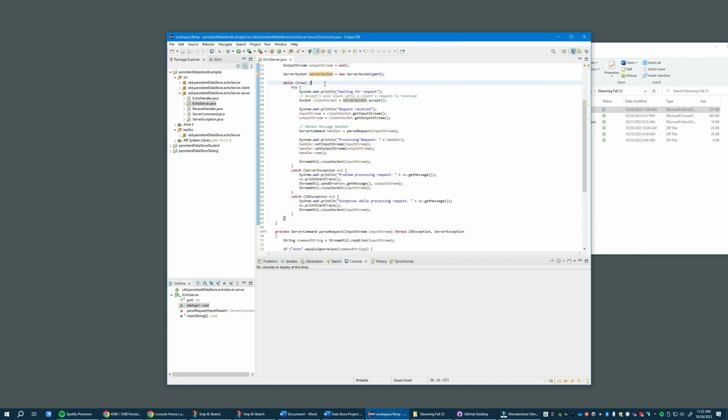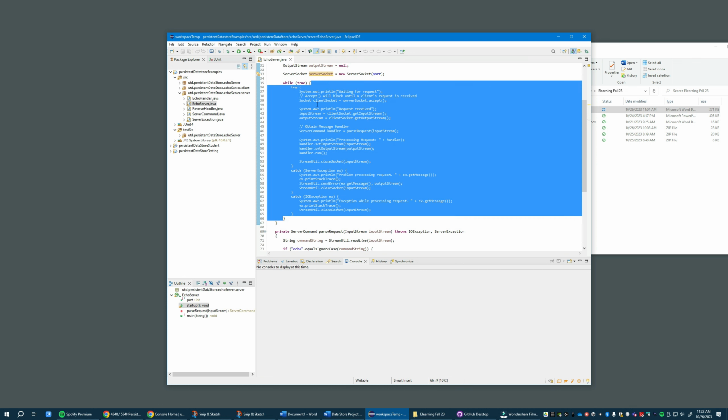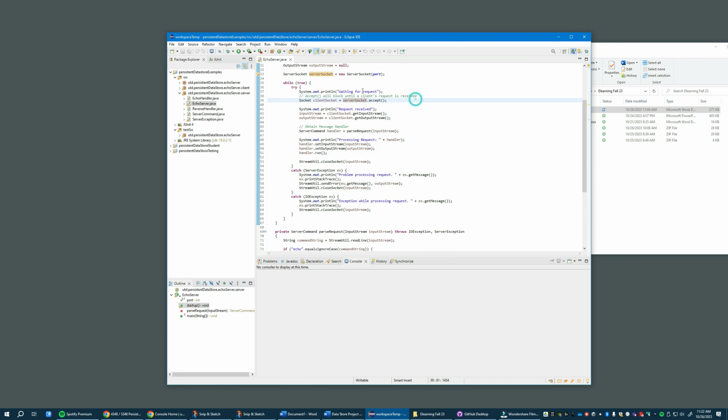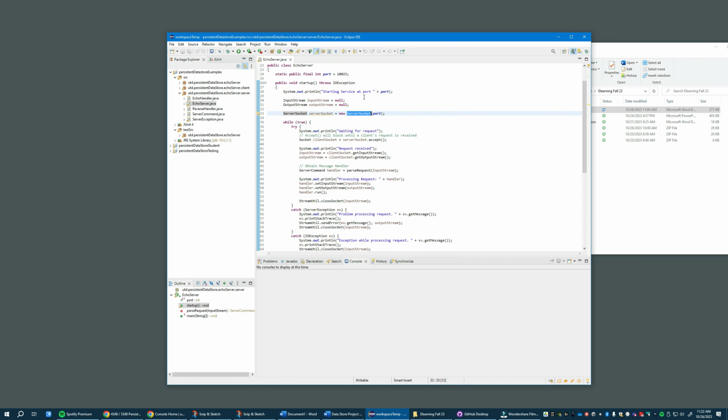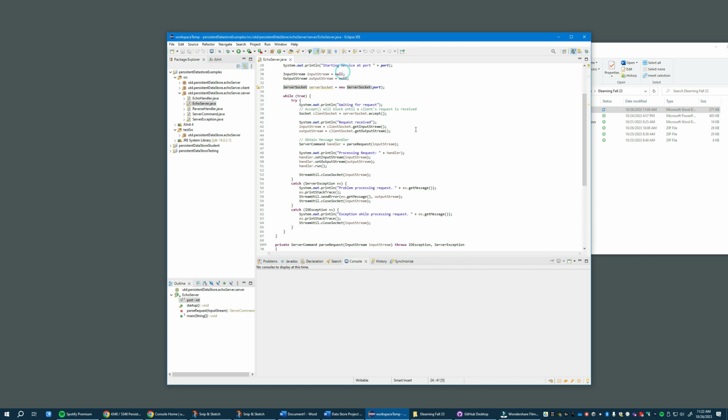We have a while true loop that loops forever, and here we created a server socket listening at the port number, and then in the while loop we wait for a request, so we call accept, and this